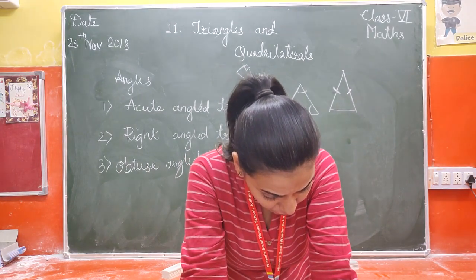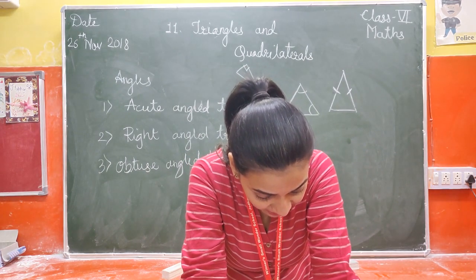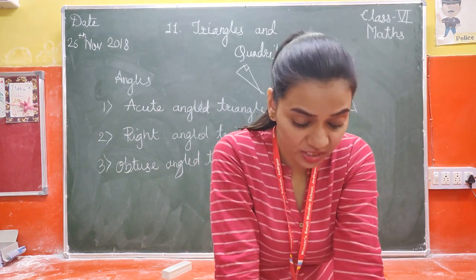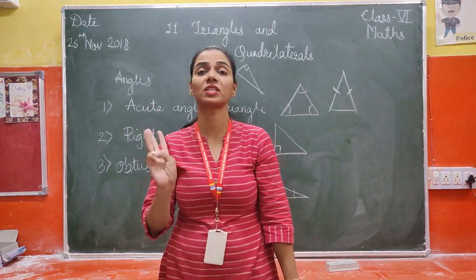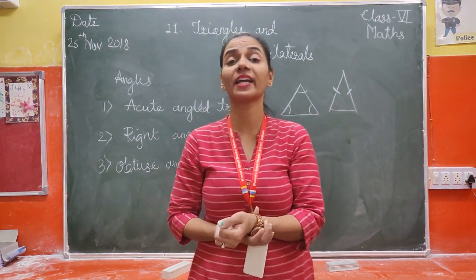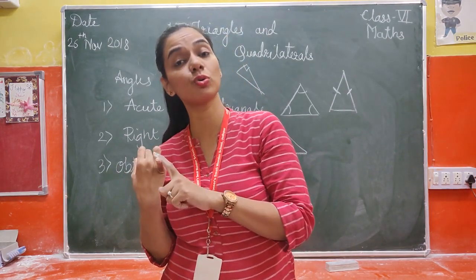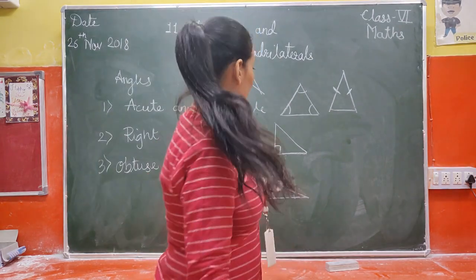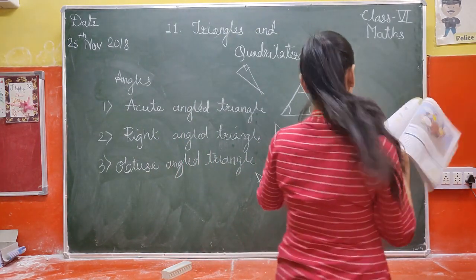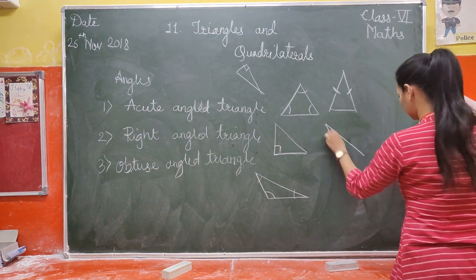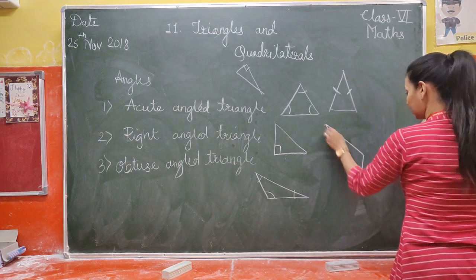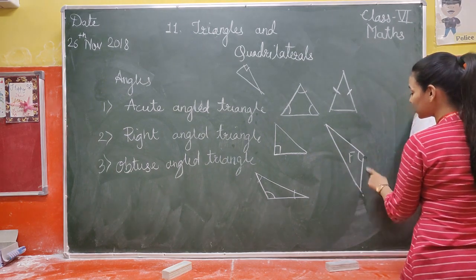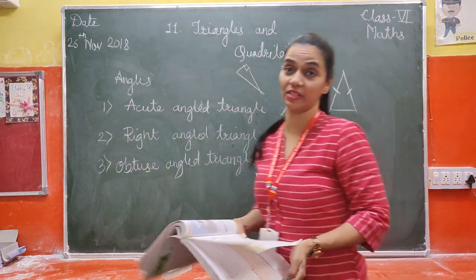And name the triangle F on the basis of its sides as well as angle. Now where is triangle F? Okay, let me see. Okay, this one. Now you can see that triangle F has three different sides. I don't think that the sides are equal, so it is a scalene triangle according to sides, and it has an obtuse angle here. You can see how F is drawn. Let me draw it. This is F. Now this is an obtuse angle, right? So it is an obtuse angle triangle. The sides are not equal, so it is also a scalene triangle.